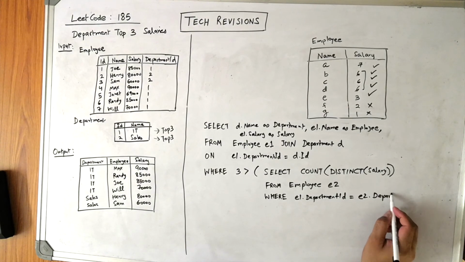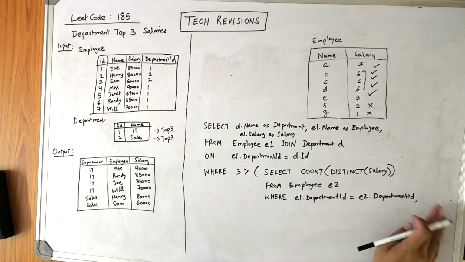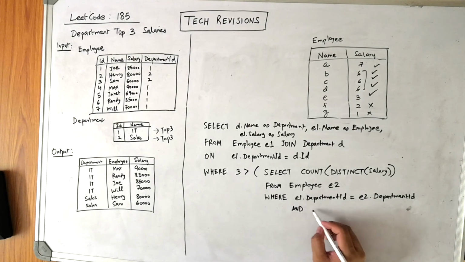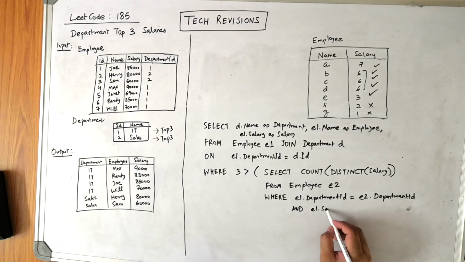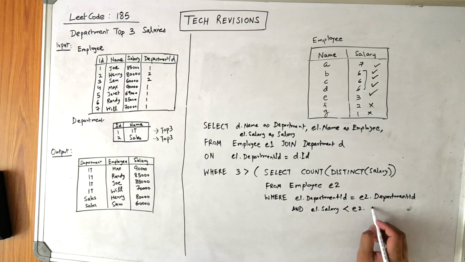So department ID matches. We're putting this condition because we want department wise, right? And the continuation of where clause, E1 dot salary is less than E2 dot salary,